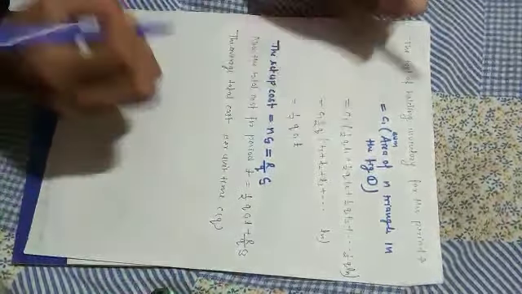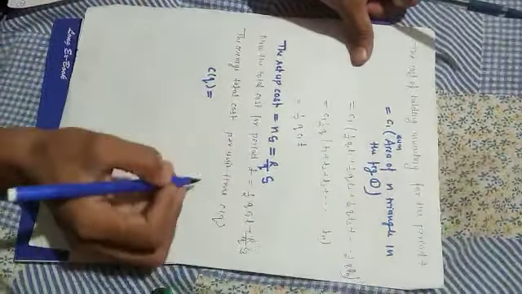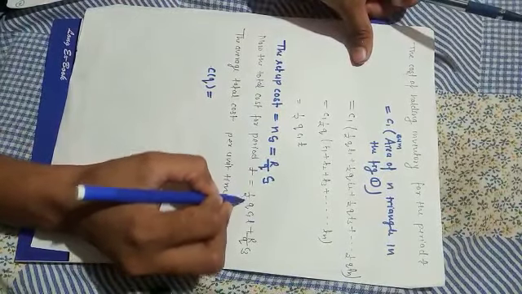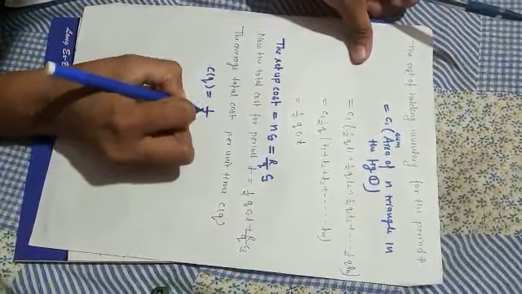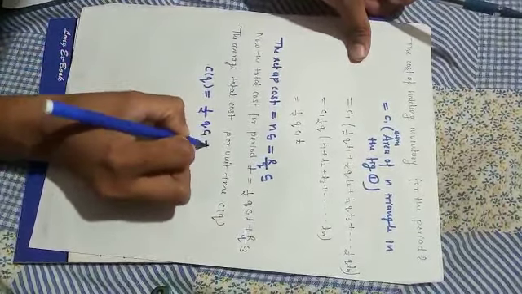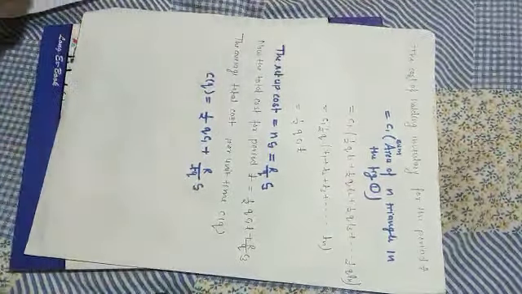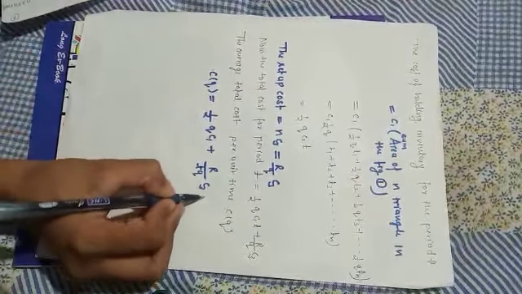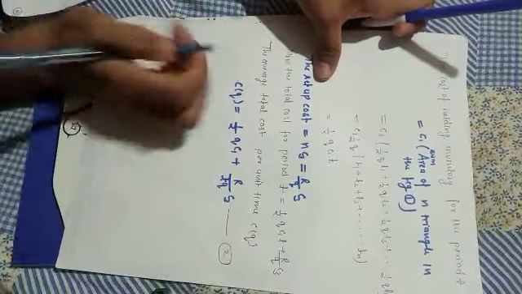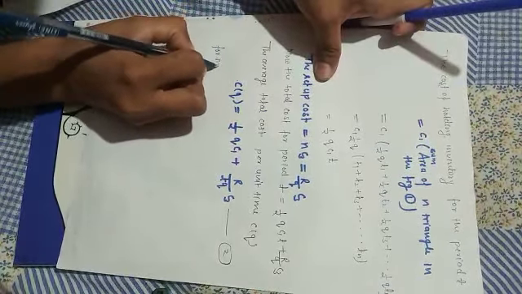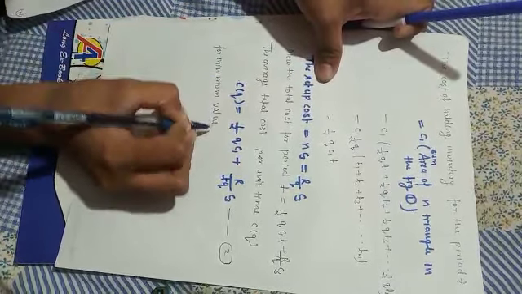Dividing by T, we have the total average cost, that is 1 by 2 Q C1 plus R by Q C3. Let this be equation 2, and for the minimum value of CQ,